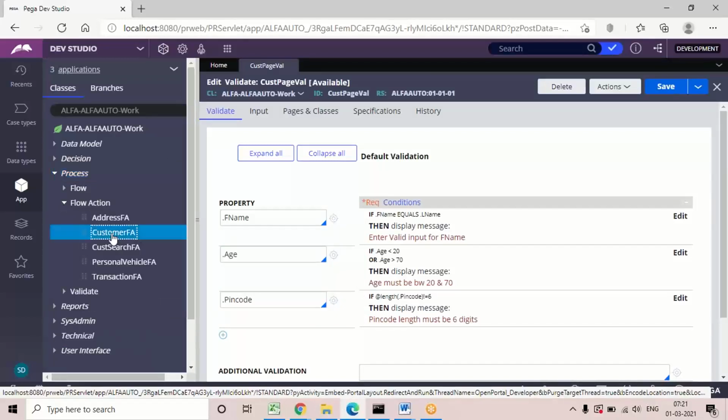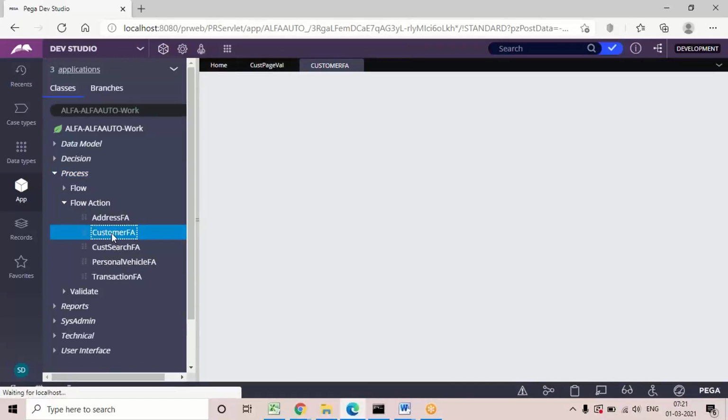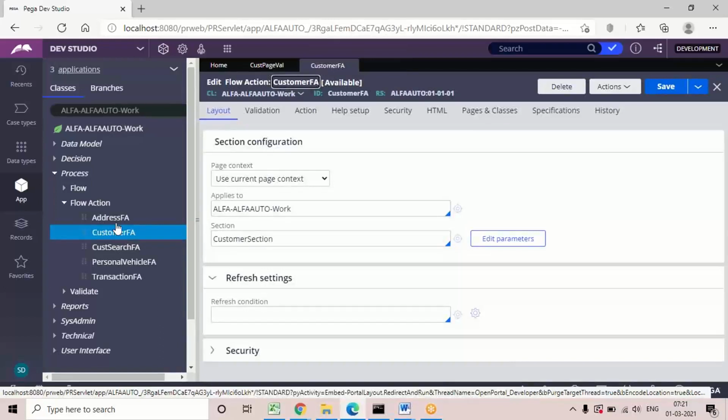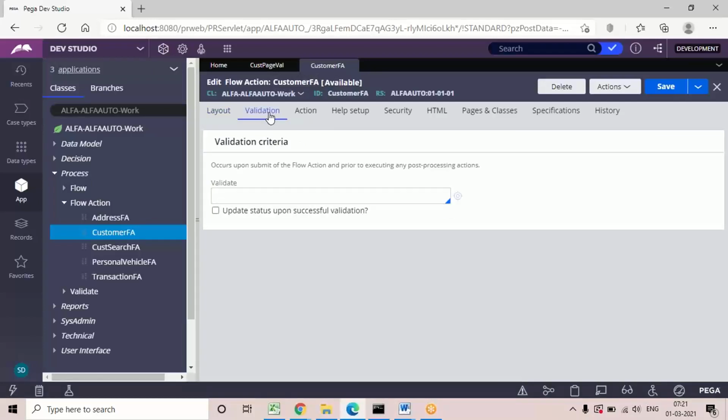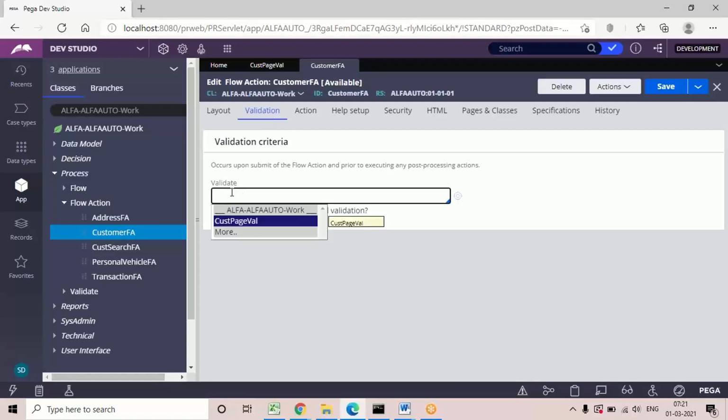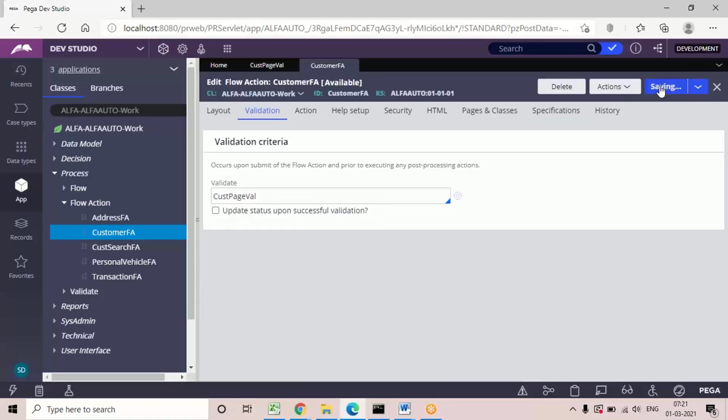Open customer flaction. Then, under the validation tab, which is separately there, there is a rule called validate rule, right? In the down arrow, we need to choose the condition. Select the condition and save it.